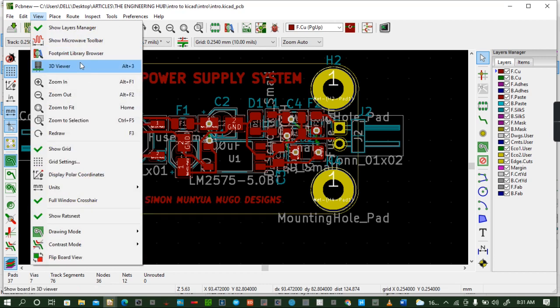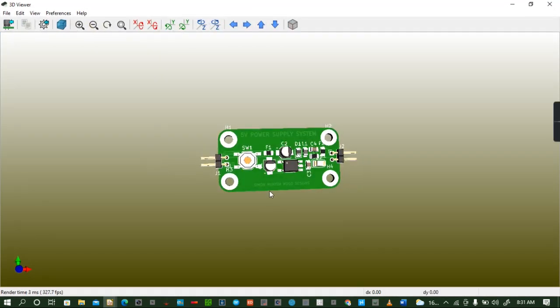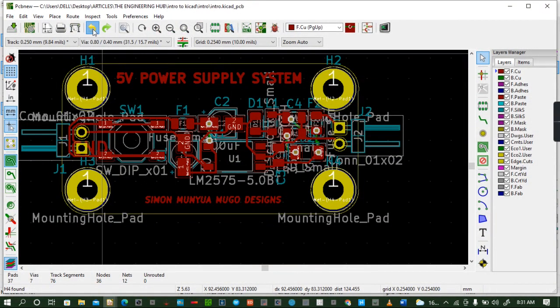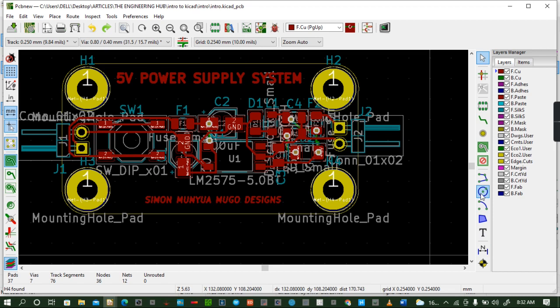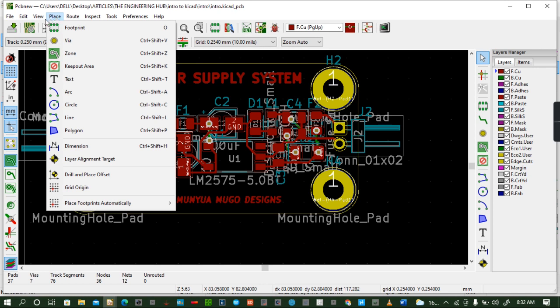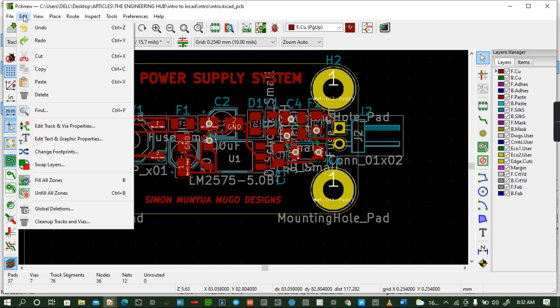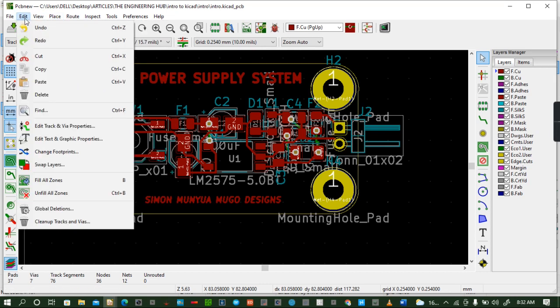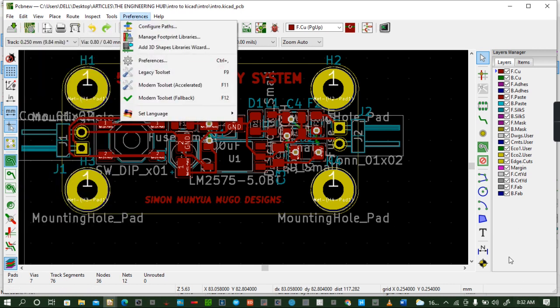Let's view and see what is happening here. You can see the label of ground is there, but now again I can undo this and try to use another labeling. So that we can leave. So let me